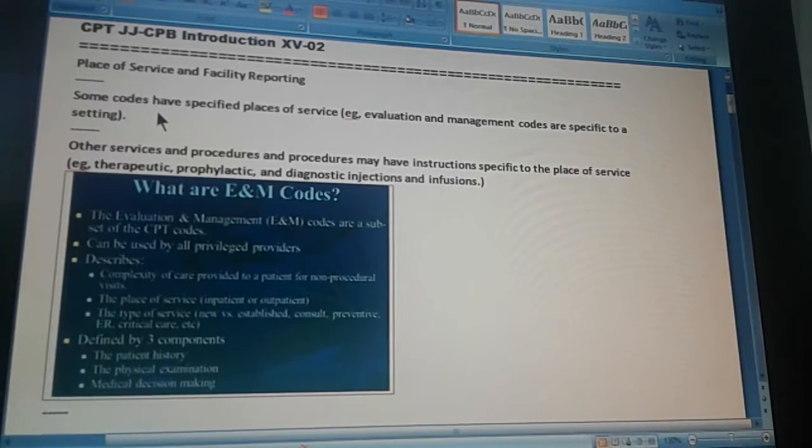Some codes have specified places of service. For example, the E&M codes, evaluation and management codes, are specific to a setting. It means where it is done, it's important. Where was the procedure or the service done? In the doctor's office, in a hospital, as an outpatient, as an inpatient. That is the place of